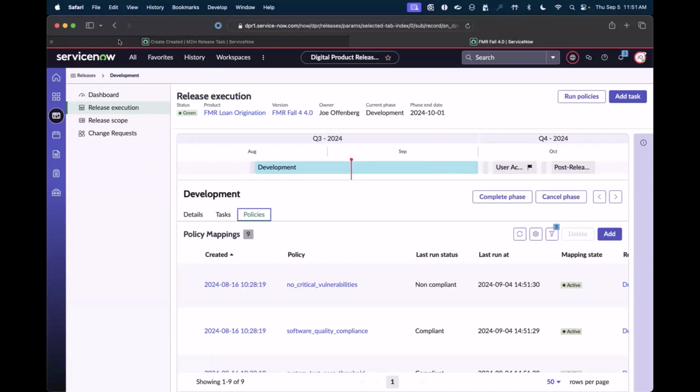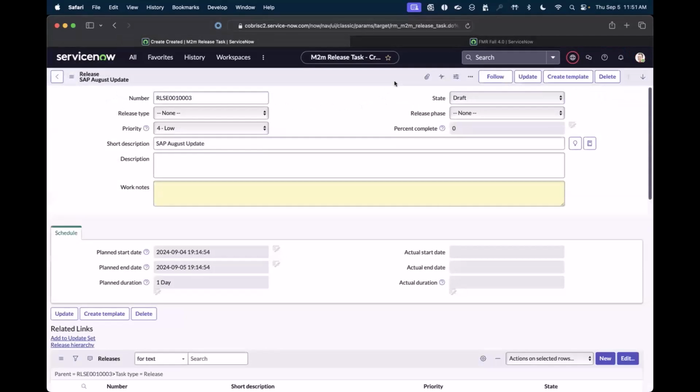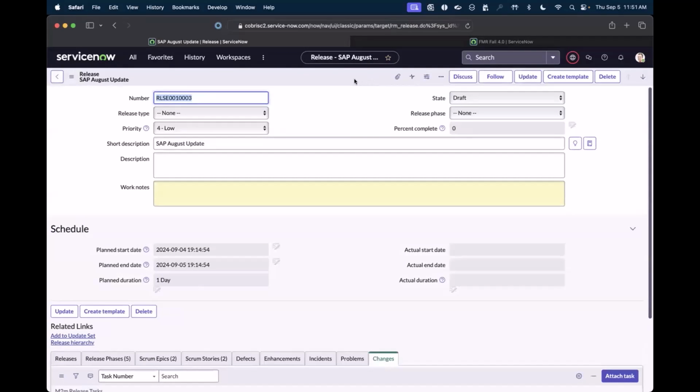Okay, so the last thing that I want to cover are the migration utilities. So when interviewing customers, we didn't get a lot of feedback on what we'd want customers to be able to migrate. And in fact, while we have several customers live now that are using Release Management v2, so far, every one of them has just decided to start fresh. So RMv2 is legacy information, and they implemented from scratch